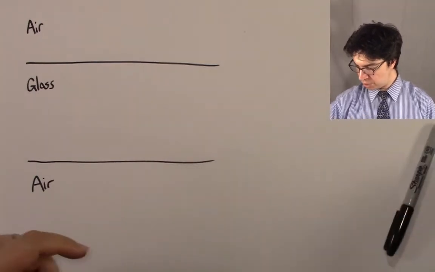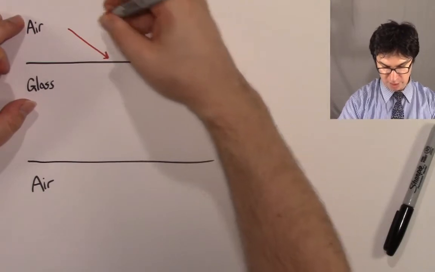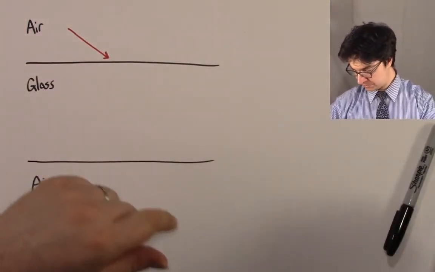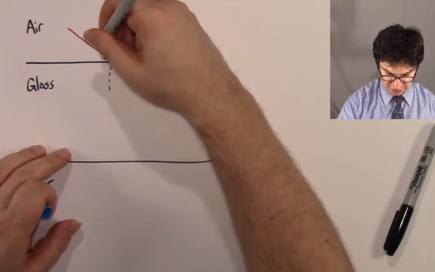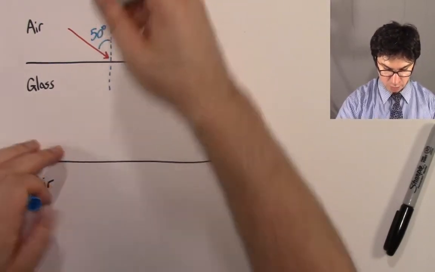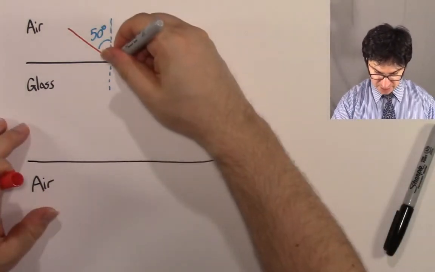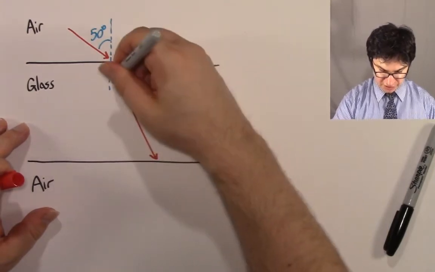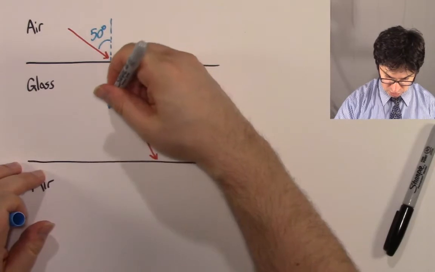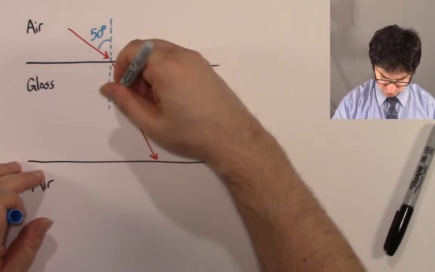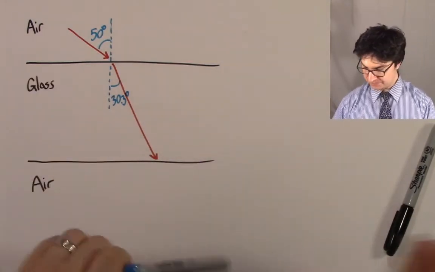So let's start out by drawing the light ray coming in. So here is our theta 1, and we said that this was 50 degrees, right? So here's our normal. We said this was 50 degrees. And we calculated what the refracted angle was going to be. We said that this refracted angle down here was going to be 30.3 degrees. Okay? And now the question is, find